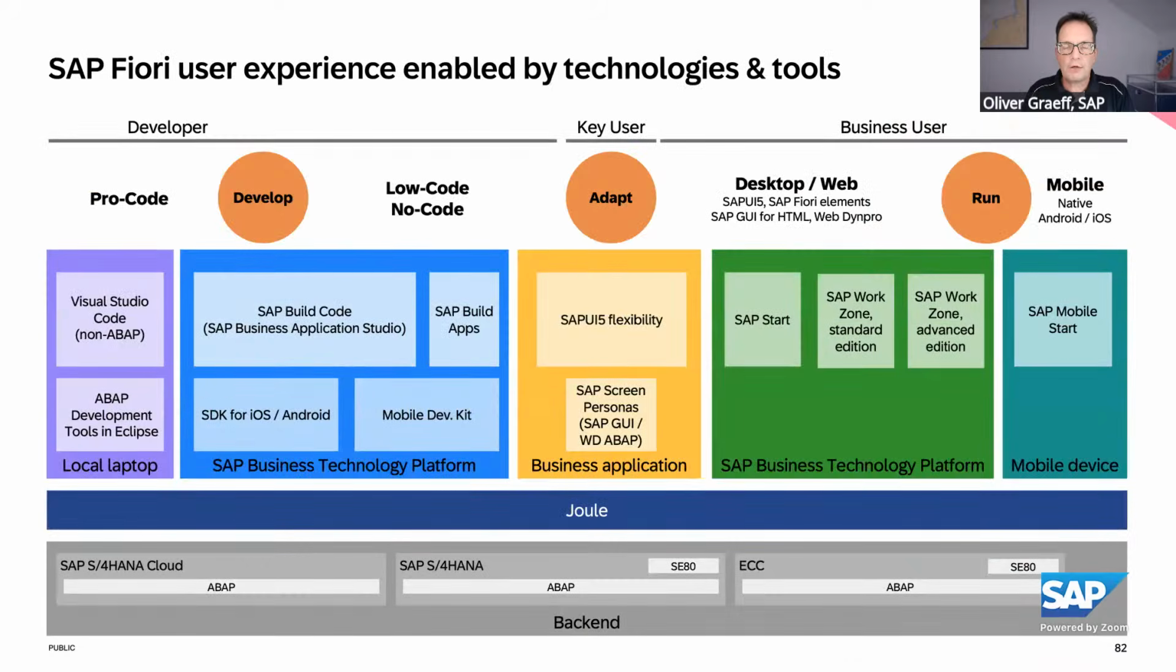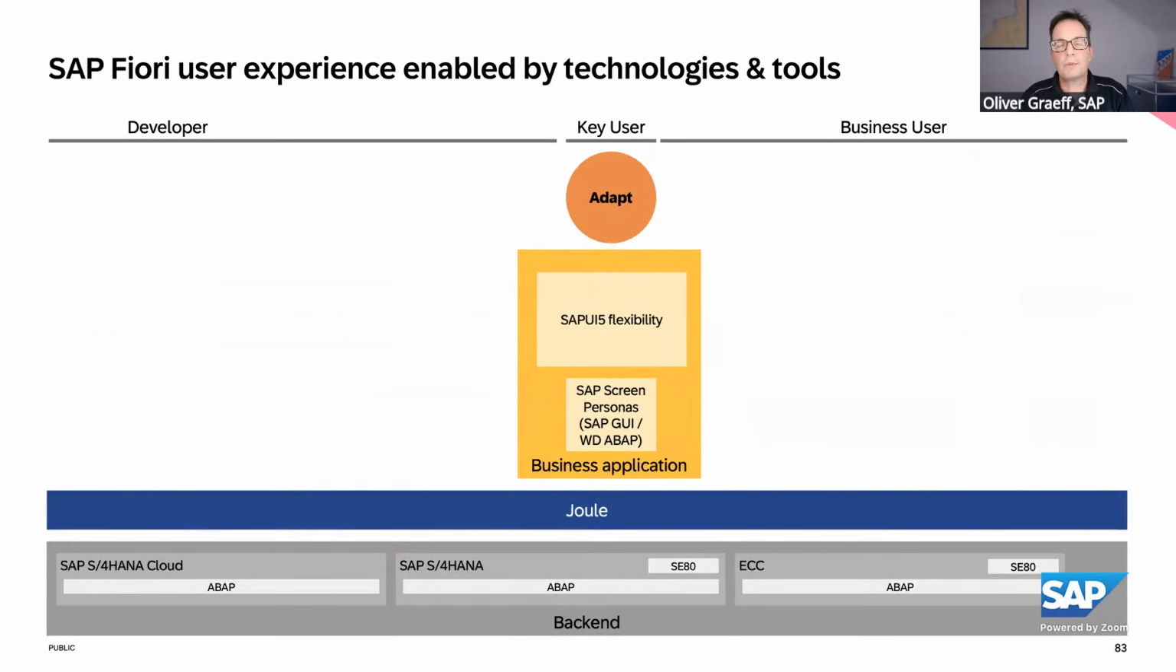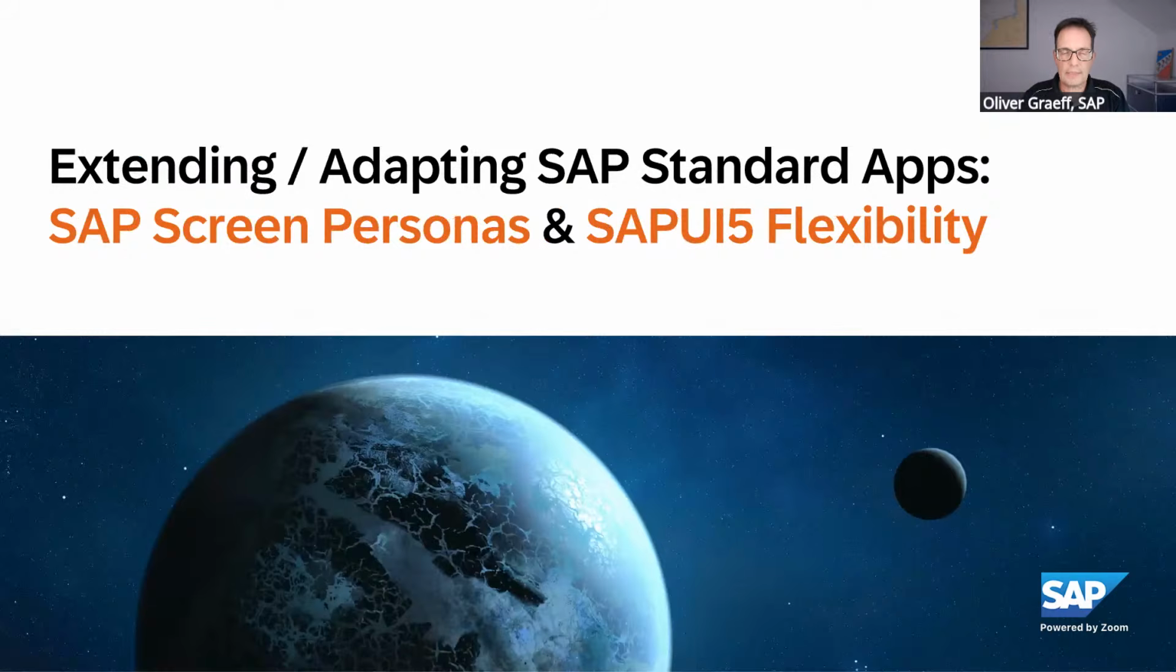Okay, back to our picture. So we covered green, blue, and violet, and we want to look at extensibility, adaptation, right? So we looked at the business user, we looked at the developer, but then this is a bit a case in between. If you have a standard application from SAP and you want to extend that. And if we look at the UI aspect,